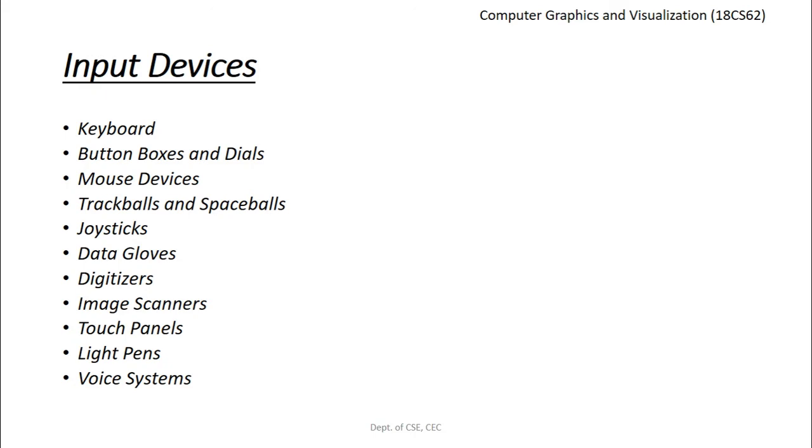The next type of input device we have is the touch panel. Touch panels allow displayed objects or screen coordinates to be selected with the touch of a finger. A touch panel is used for selection of processing options that are represented as menus or graphical icons. An optical touch panel uses LEDs along one vertical and one horizontal edge of the frame. Acoustical touch panels generate high frequency sound waves in horizontal and vertical directions across a glass plate. The touch panels are one more type of input device.